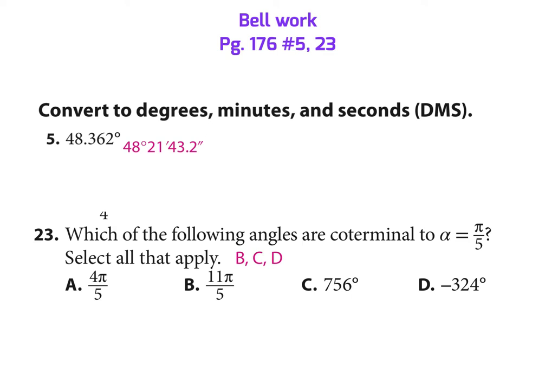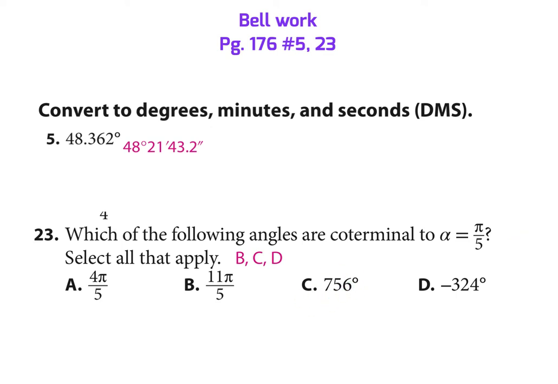For coterminal, if I added 2 pi to this, which is the same thing as adding 10 pi over 5, I would have gotten 11 pi. You could have changed this to degrees to figure these out, right? So multiply this by 180 over pi and then add 360, or subtract 360, or you may have had to add